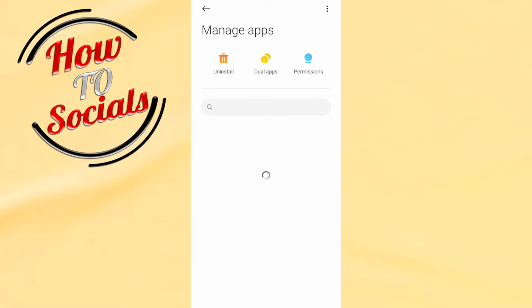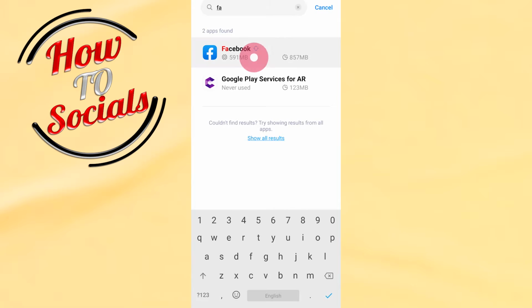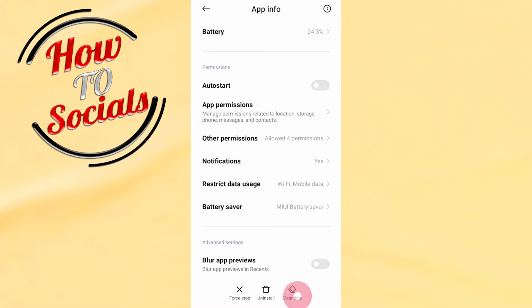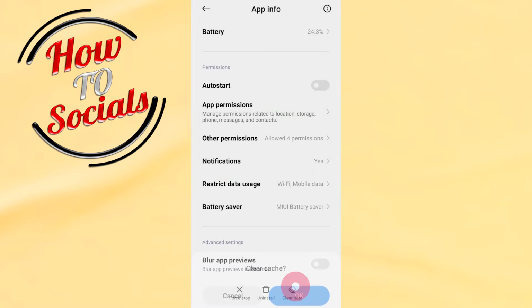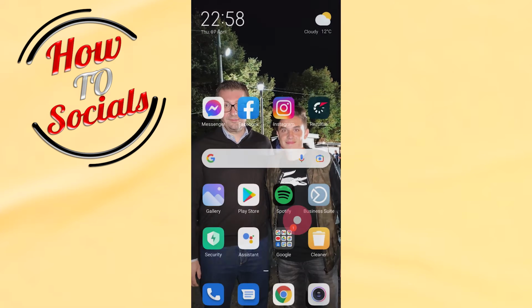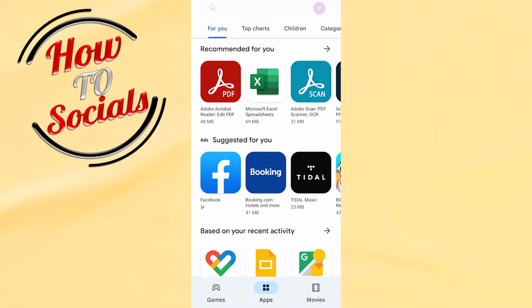Firstly, you need to go and search for Facebook in the search box, and then you need to scroll down and go for clear data. Now you need to go for clear, OK. Go OK. Then you need to get up and go to your Play Store, go to your Facebook, and here